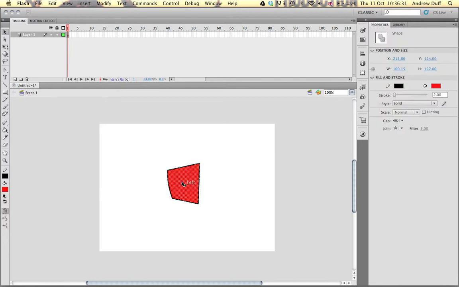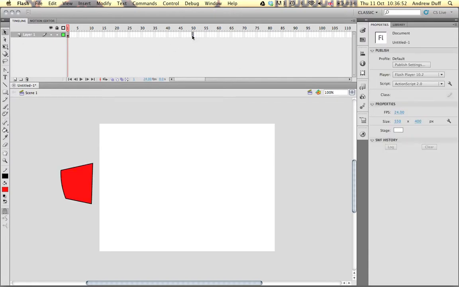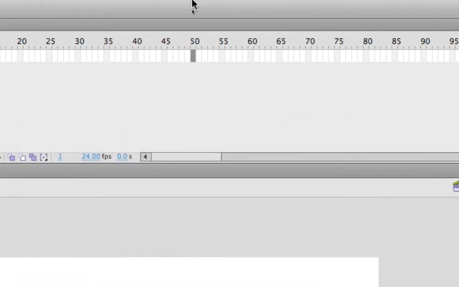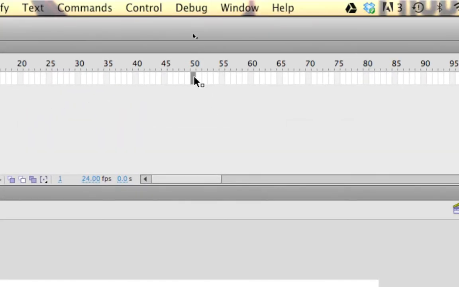So let's select it and move it over to the left here. Now what I want to do is go up here and think about how many frames I want it to take to drift across the stage to here. Maybe 2 seconds. We're running at 24 frames per second, so let's round that up and go to 50 here. So this is on frame 50, and what we're going to do is press